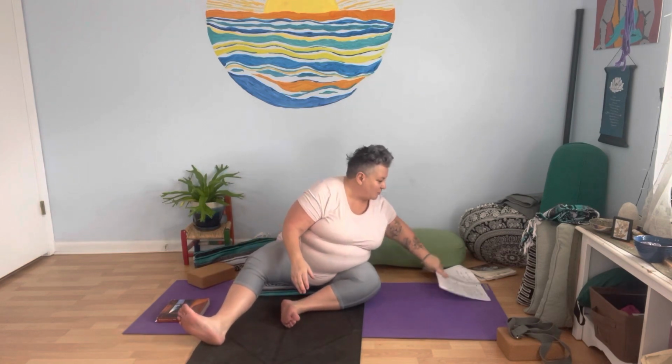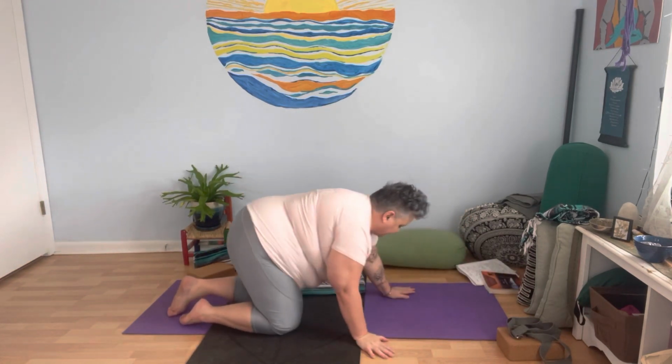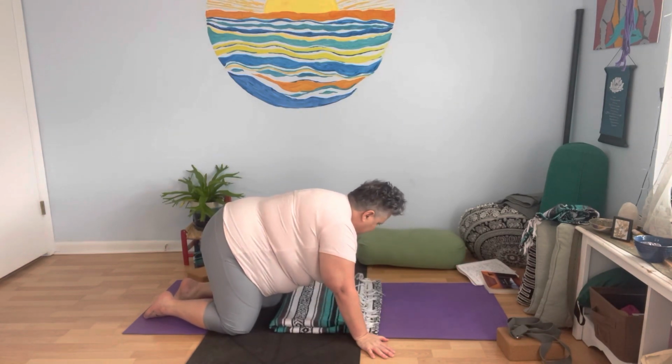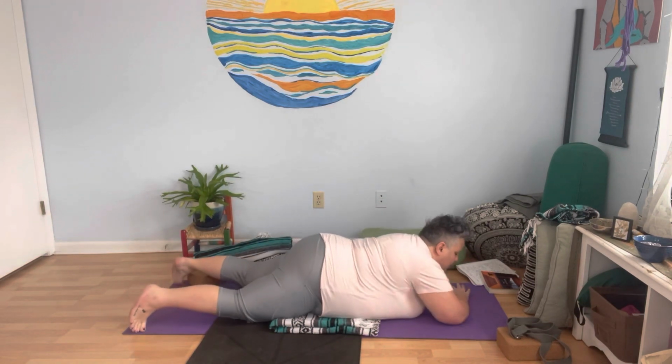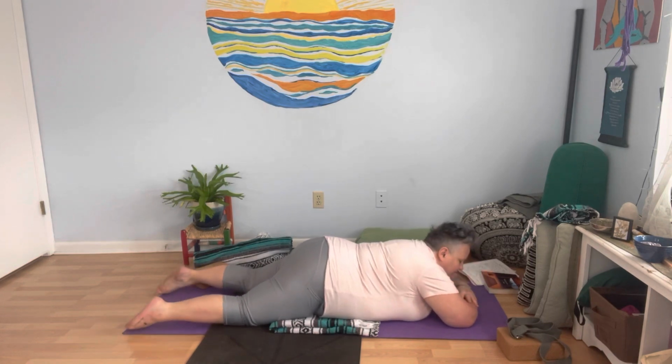We're going to come onto our belly into a crocodile pose. So you can keep that blanket here underneath the hips for the hip points if you like, or you can set it aside. And we're going to move in towards lowering the hips, cross the arms, let the feet be a little bit wider. Let the forehead rest on the